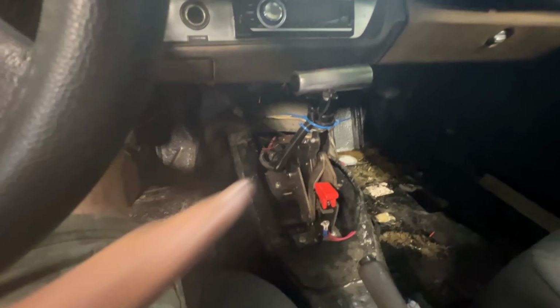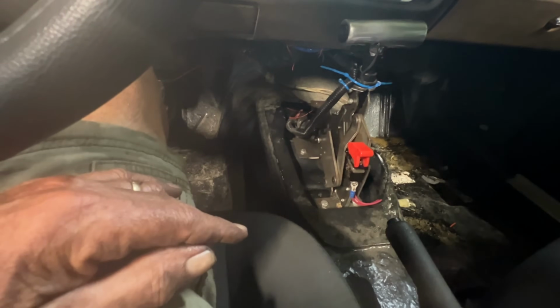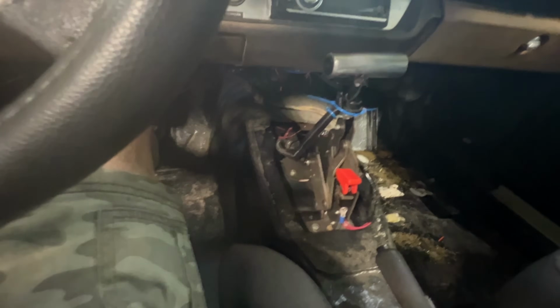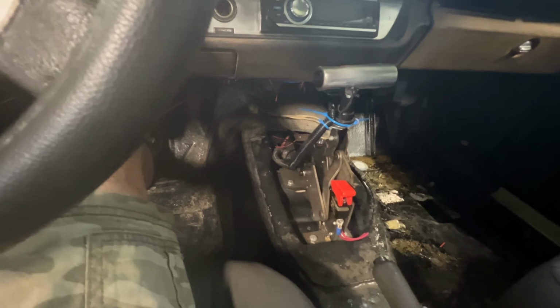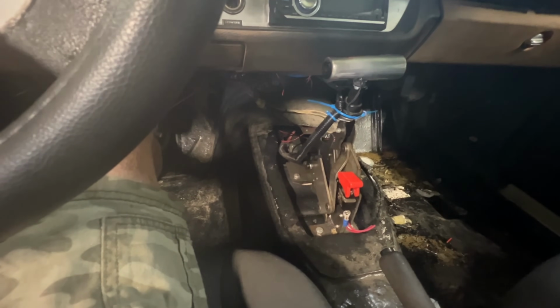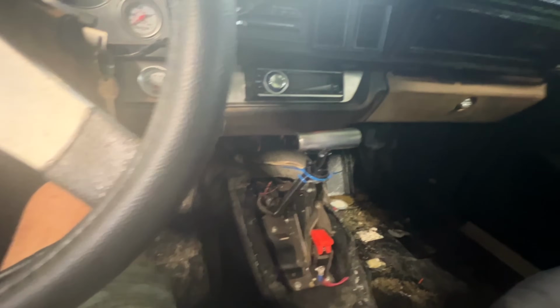It's got the reverse shift pattern. It's got a trans brake. I don't like that shifter. I didn't like it when I had it. You've got to work too hard to get it in the gear you want, but it does work good once you get it down where you want it, and then just bang, bang, bang, you're there, you know. But anyway,